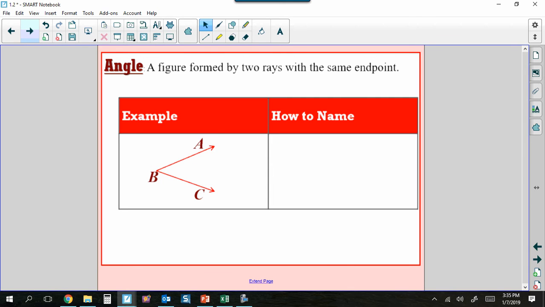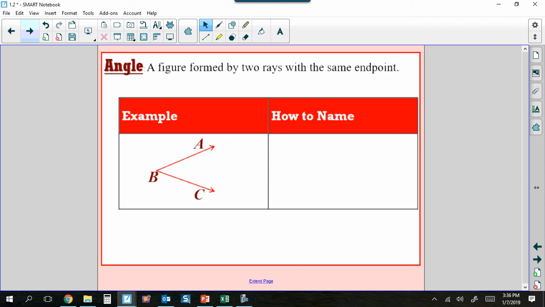Our first vocabulary word is going to be, what is an angle? These notes are going to be similar to our 1.1 notes in that you have your term definition box, example box, and how to name. So please make sure you're filling everything in. In your first box, please write the word angle and then that it is a figure formed by two rays